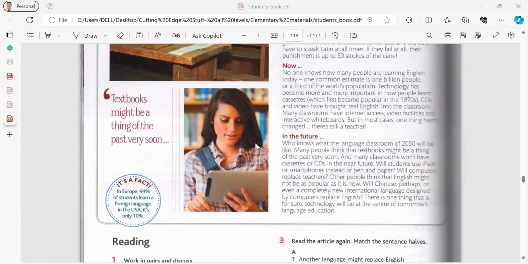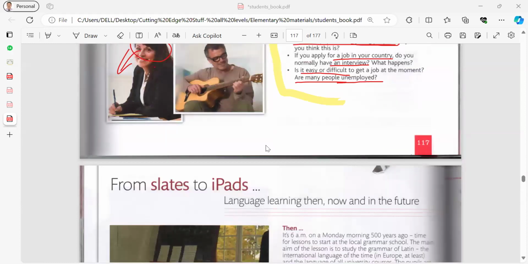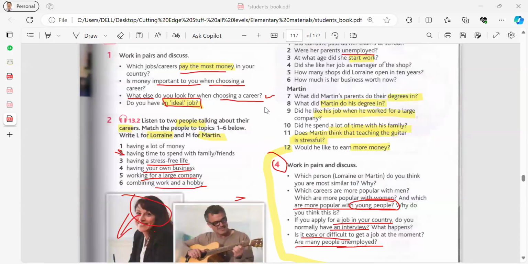Good morning. So now we should complete Unit 13. But before we start, let me ask about last lesson. What did you study? We studied about two career paths. Yes, how to choose your career path. Based on what, Abdulaziz? Do you remember? What should you consider to choose your career path?